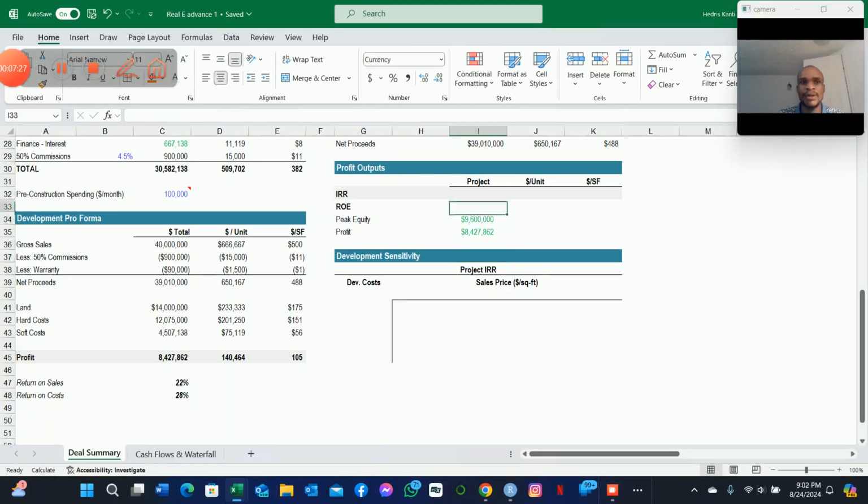And then to calculate the return on equity, it is just the ratio of the profit to the peak equity. As you can see, for this project it is approximately 88%. So this is huge. Like, this is really huge. So the next thing we want to do here is just to reference